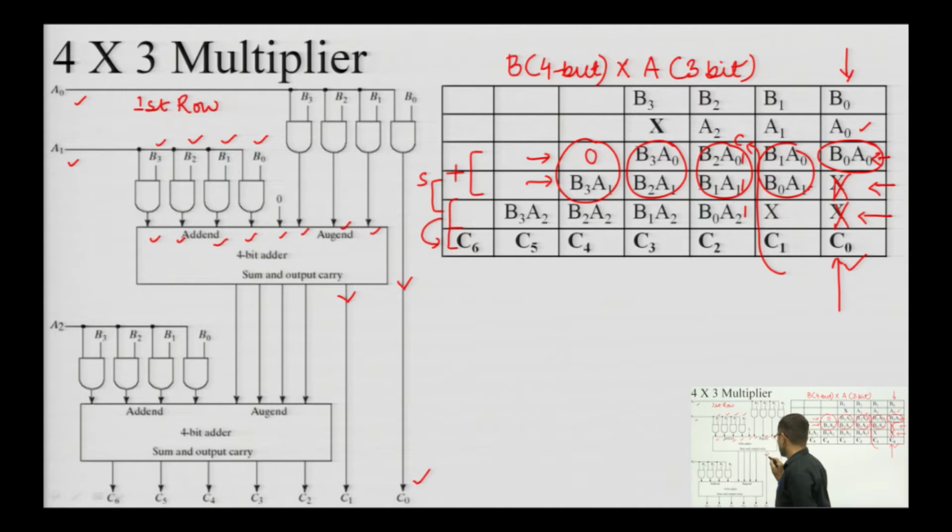So, this will be S naught, S 1, S 2, S 3, and this will be the carry. Okay. So, when we are adding these two things, there might be a carry here. So, we have mentioned it here. This can be clearly seen: this sum S naught will not participate further and can be considered as C 1.